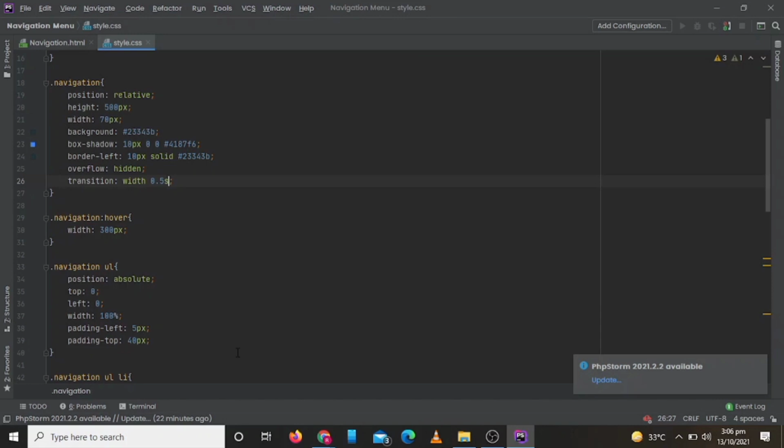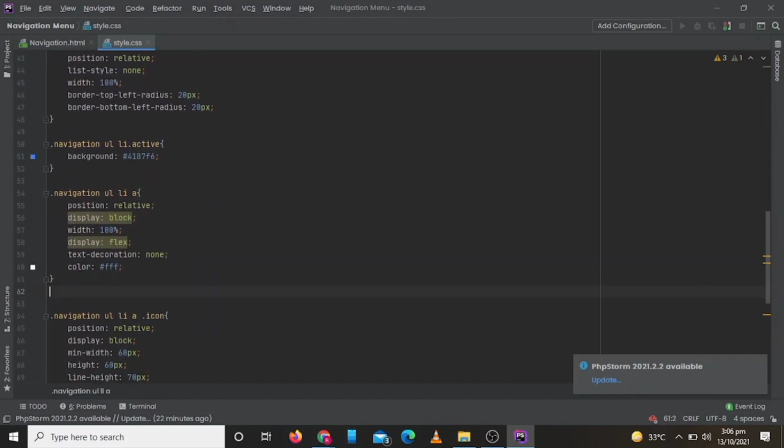So let's add some border radius to the right side of the navigation menu.